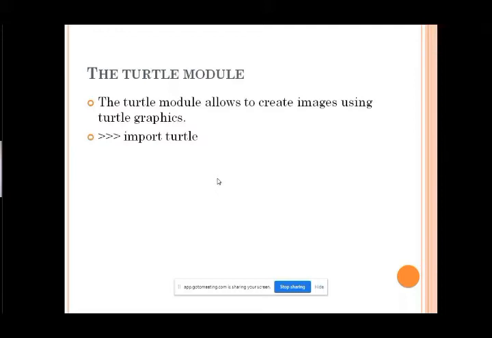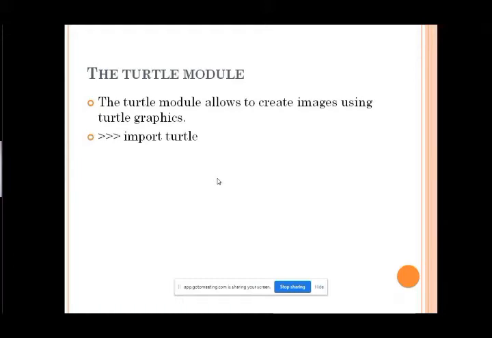Same as we used the math module in the previous unit, we can import any module by using the import keyword.